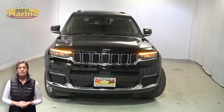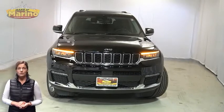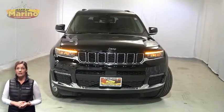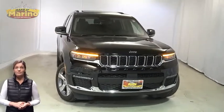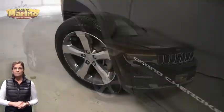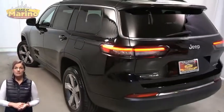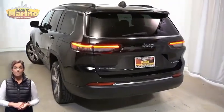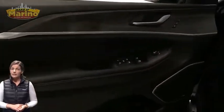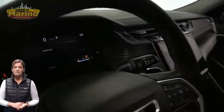Looking for a highly equipped SUV with all the right options and reliability? We'll take a look at this 2021 Jeep Grand Cherokee L Limited in Diamond Black Crystal Pearl. With LED reflector headlamps, front fog lamps, 20-inch aluminum wheels, active lane management system, blind spot and cross-path detection, LED tail lamps, heated front seats, heated steering wheel, only 2,000 miles on the odometer,